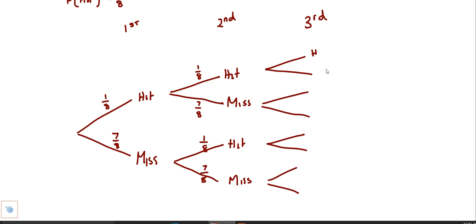So this is where tree diagrams can get really big. It's still 1/8, 7/8, 1/8, 7/8 on all the branches. Now, to remember, the biggest thing I would say about probability